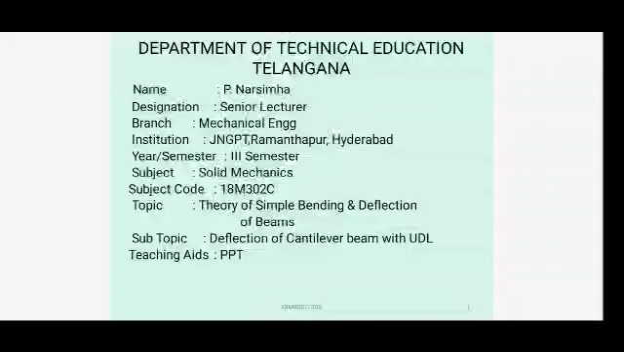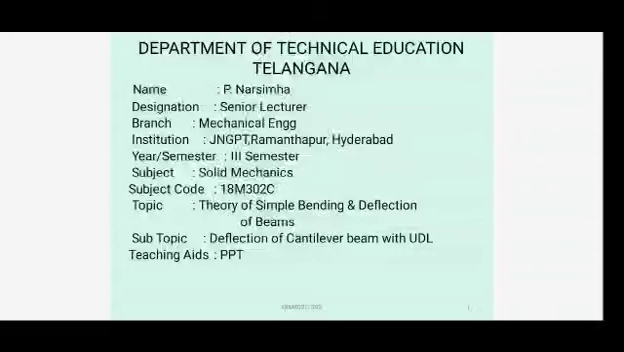Department of Technical Education, Telangana. I. P. Narasimha, Senior Lecturer, Mechanical Engineering, Jawaharlal Nehru Government Polytechnic, Ramantapur, Hyderabad. Third semester, subject Solid Mechanics, subject code 18M302C,